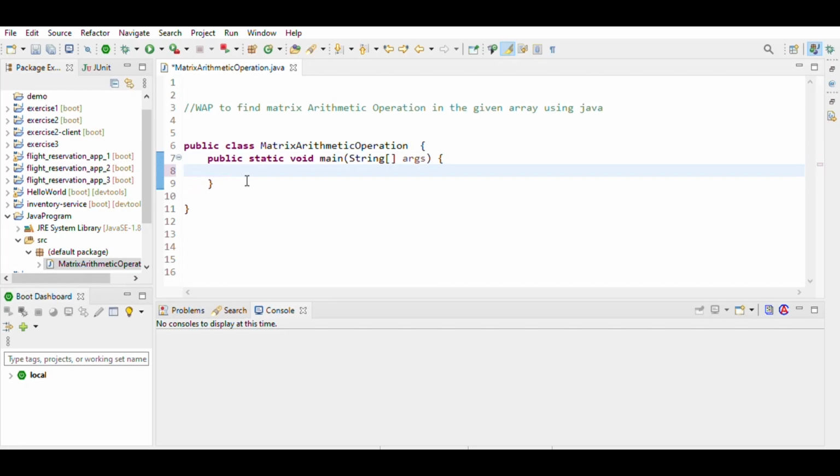int x is equal to, it's a matrix in the format of 2 degree, like 2, 3, 4, 5 and 3, 4, 6, 7 and int